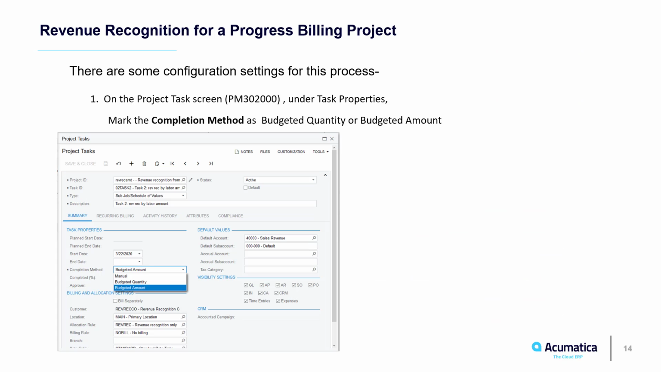Let's take a look at the revenue recognition for a progress billing project. There are some configuration settings that need to be set up first. On the project task screen, under task properties, mark the completion method as either budgeted quantity or budgeted amount. Budgeted quantity